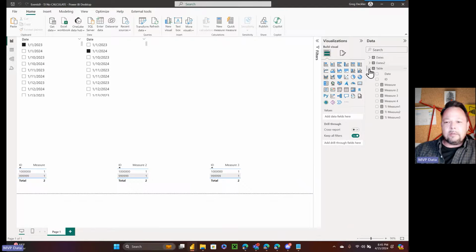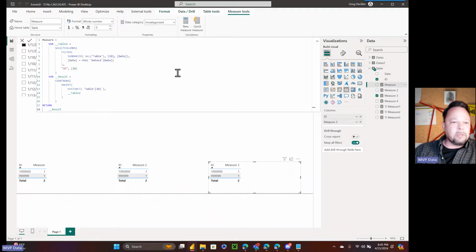Okay, so Tamer came up with, I think these are, measure 2, measure 3. Again, we're going to run the performance optimizer, and the way these look, they're very similar, right? So select columns, some filter, summarize, count rows, except. So he's got the count rows improvement in there. Measure 2 takes out the summarize.